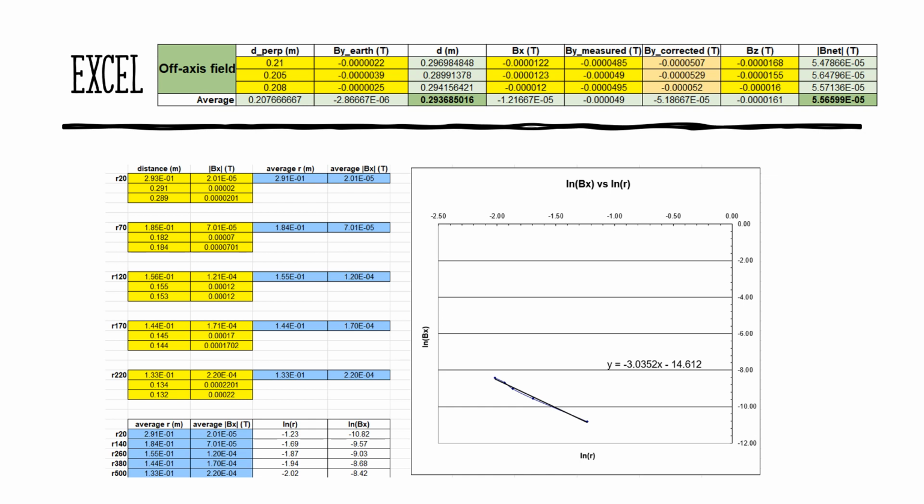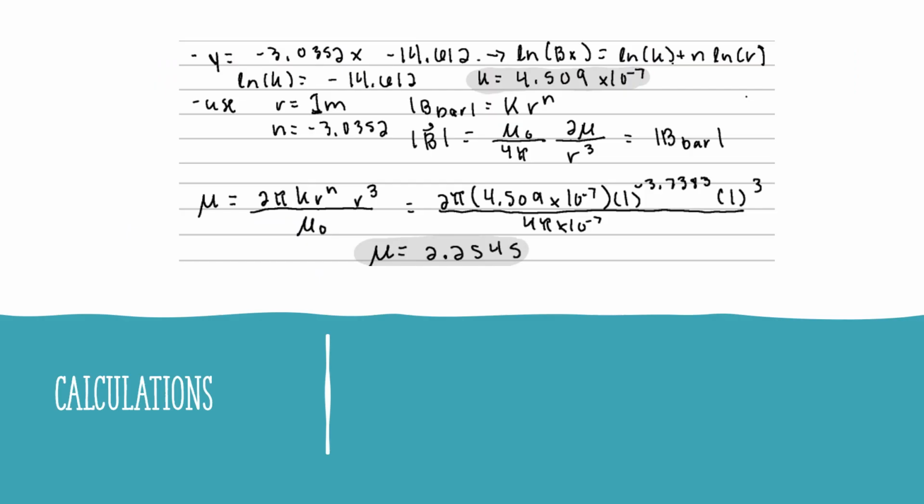The top set of data is the off-axis field, where we took 3 trials of off-axis numbers and got an average net magnetic field that is 45 degrees from the bar magnet. We need to keep in mind that we subtracted our on-axis y component from the off-axis y component to take account for the Earth. I used some data from the Excel sheet and then calculated the magnetic moment by using